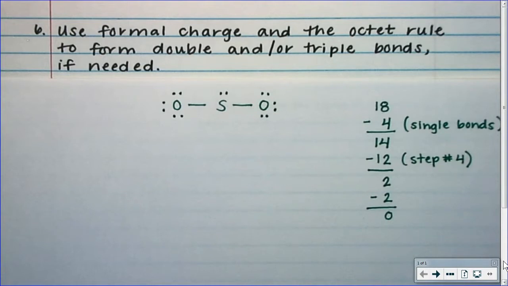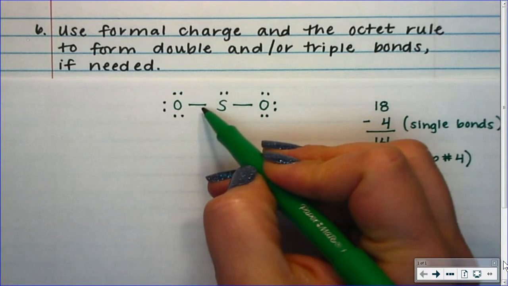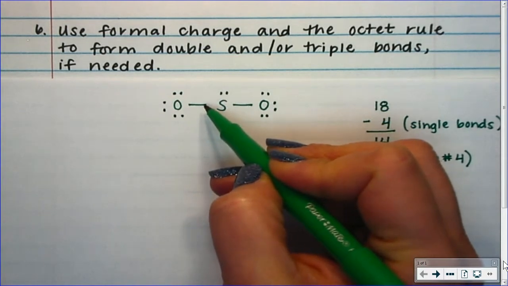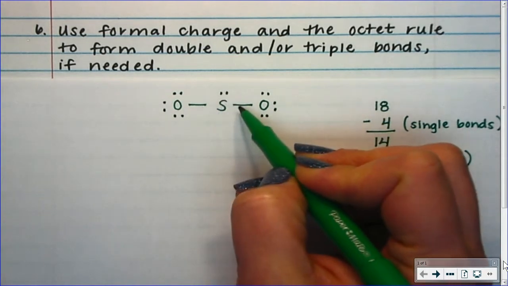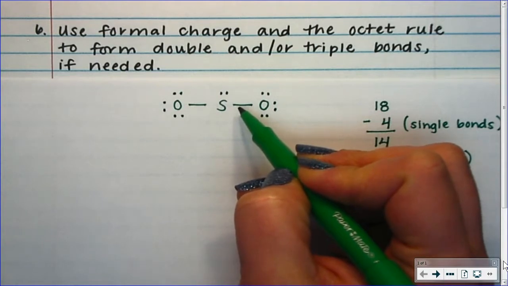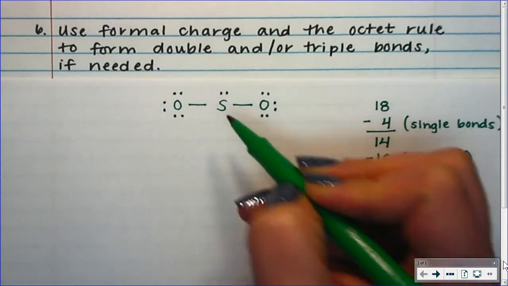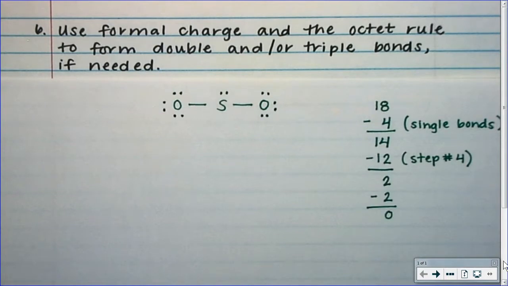Looking at our oxygens, we know from the previous step that both oxygens have octet, but does sulfur? So let's go ahead and count. Sulfur has 2 being shared in this bond, 4, and then 6 total being shared with sulfur. We are not at octet yet. So this is an indication that we need to make some double bonds. But before we do so, let's go ahead and do the formal charge of the sulfur and the oxygen at this step. Again, assuming that the oxygens are just mirror images of each other, we only have to do this